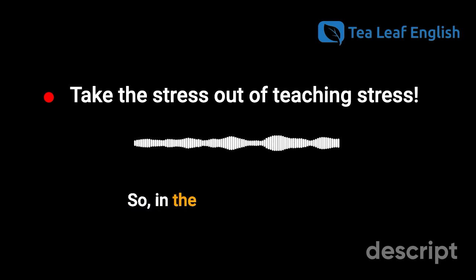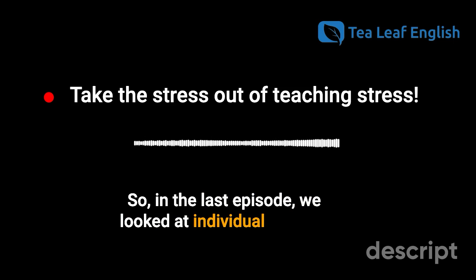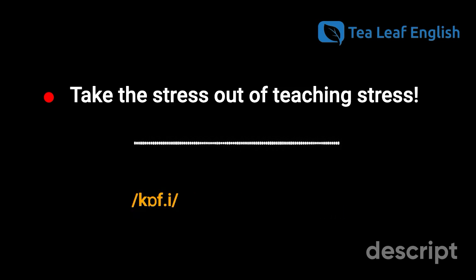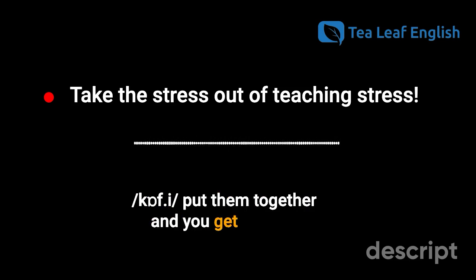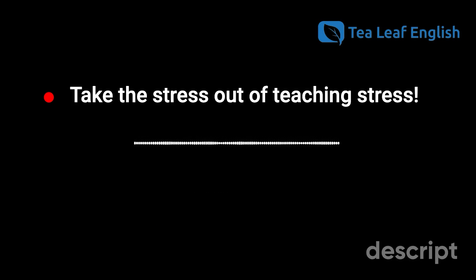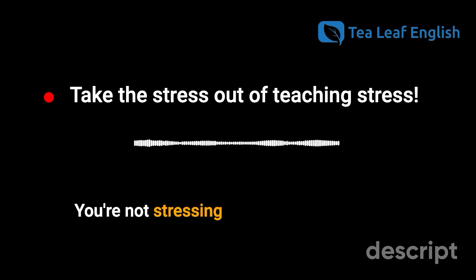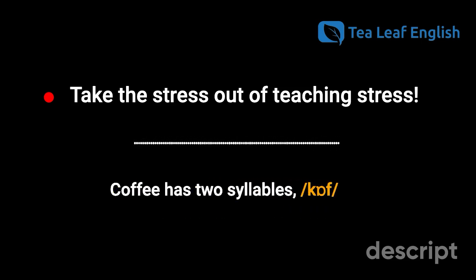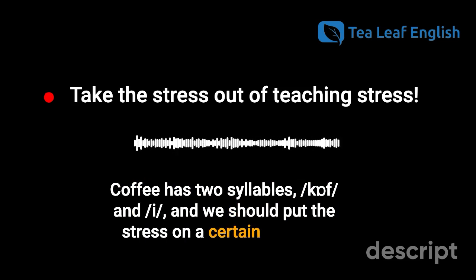So, in the last episode, we looked at individual sounds. For example, t plus e equals t, k, o, fi. Put them together and you get coffee. Huh? It's not coffee. It should be coffee. You're not stressing the correct syllable. Yes, you are right. Coffee has two syllables, cough and e, and we should put the stress on a certain